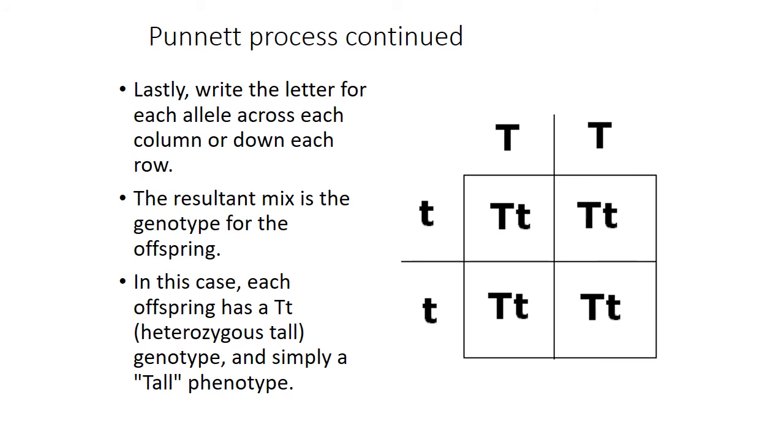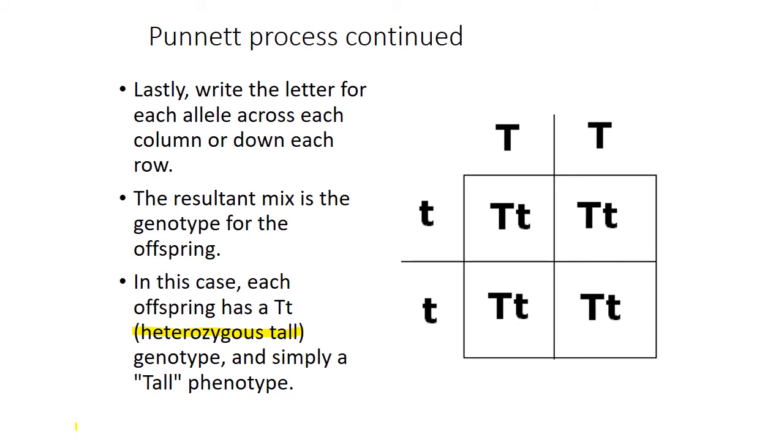Now, we're going to write the alleles across each column or down each row, and the resulting mix is the genotype of the offspring. So here we have all heterozygous, and they're all going to be tall. So they are heterozygous for our genotype. So our genotypic ratio is going to be big T, little t, 100%, and they're going to be all tall